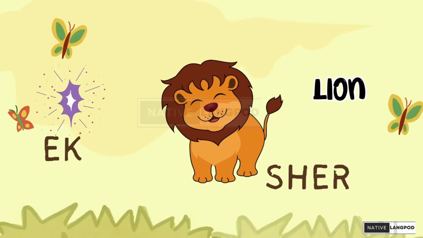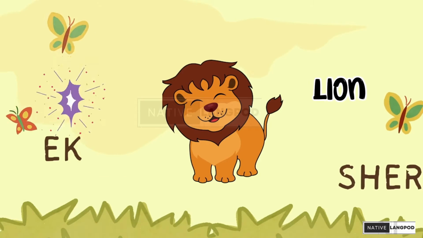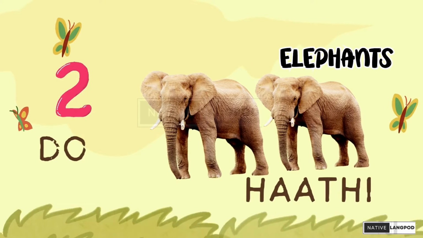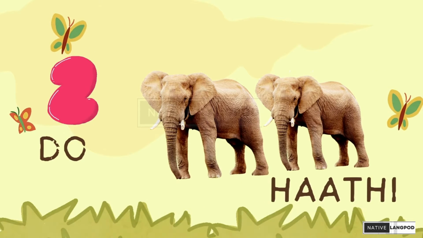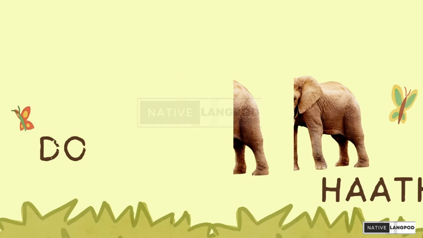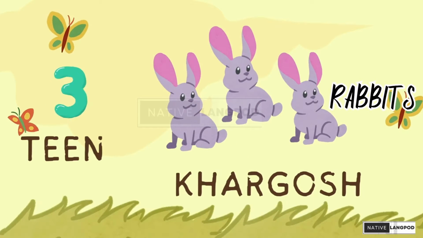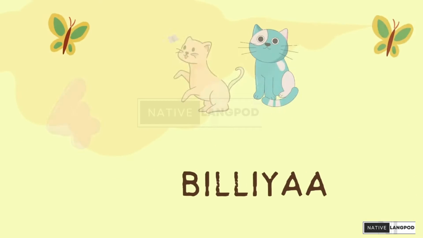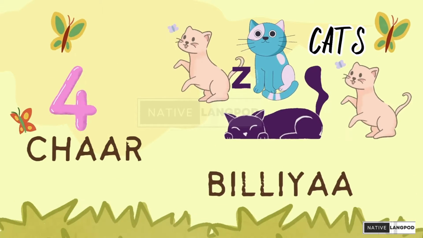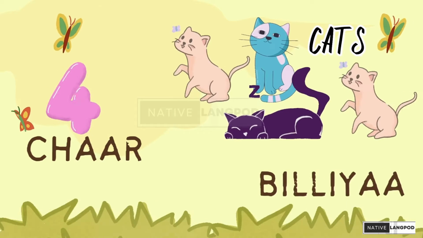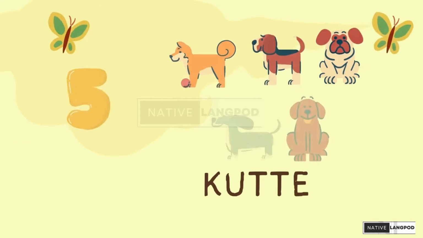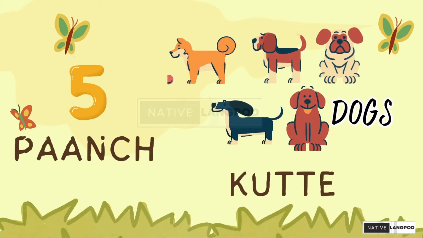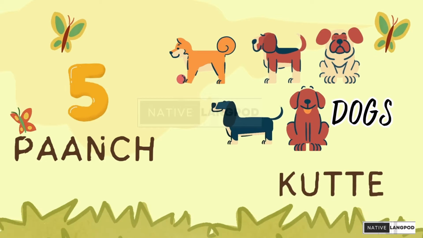1 lion एक शेर। 2 elephants दो हाथी। 3 rabbits तीन खरगोश। 4 cats चार बिल्लियां। 5 dogs पांच कुत्ते।